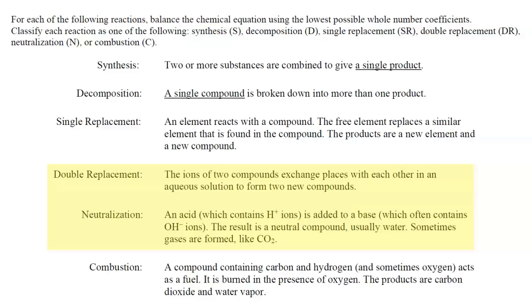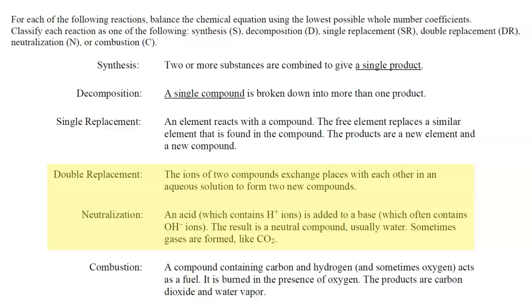Now, the other type of reaction that's highlighted along with double replacement is neutralization. Neutralization involves an acid reacting with a base. So what are we looking for in a neutralization reaction? Well, one of the compounds contains H+ ions. So in the chemical formula of an acid, you normally see hydrogen listed as the first element. And then a base often contains hydroxide ions, which is OH-. So if we see a compound that contains OH as an ion, then that would represent a base. So if the H+ from the acid combines with the OH- from the base, the result is a neutral compound,